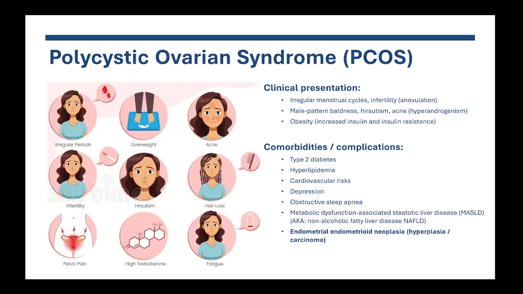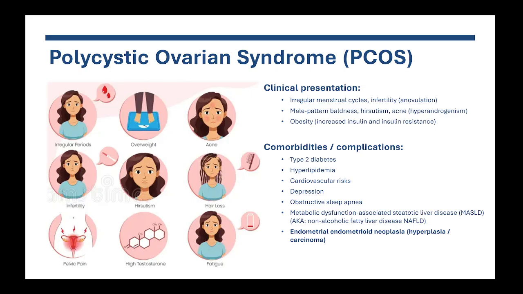These patients will also have a tendency to be more obese due to the increased insulin and insulin resistance. Now, if left untreated, PCOS can produce quite a few comorbidities and complications, including diabetes, hyperlipidemia. These patients will have an increased risk of cardiovascular event because in patients that are obese, they can develop obstructive sleep apnea as well,